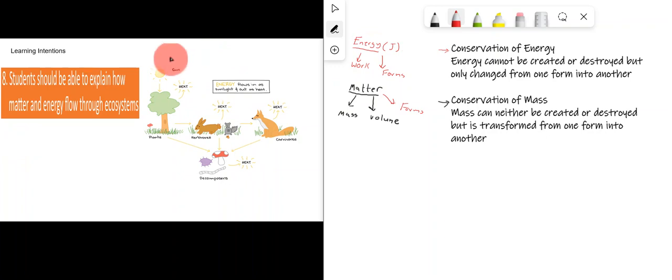And just at a high level, you can think about this as a cycle of life. So for example, if we take energy, ultimately all energy comes from the sun. The sun is a nuclear reaction that's happening in space, and it's dumping out loads of energy in the form of light and heat into the space around it. That light and heat makes its way to the earth, and then on the earth that energy is taken up by organisms such as trees and grass. And what they do is they carry out this process of photosynthesis, and they trap that energy.